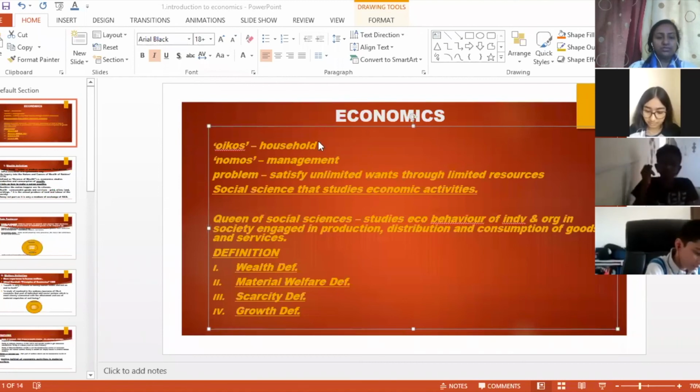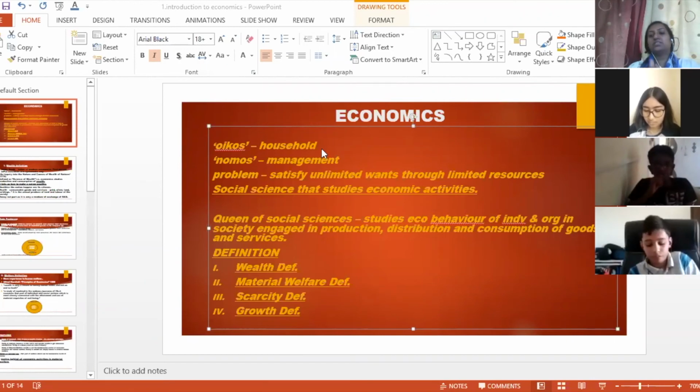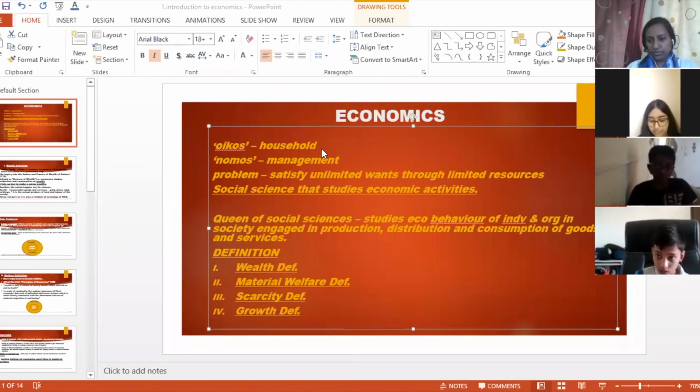With introduction to economics. Economics, we already discussed, is not only money, not only wealth, not only finance. It's all together. It is basically the problem of economy. What is the problem of economy? We have unlimited wants. Our wants are never satisfied, but we have limited resources for it, and each resource has multiple uses.